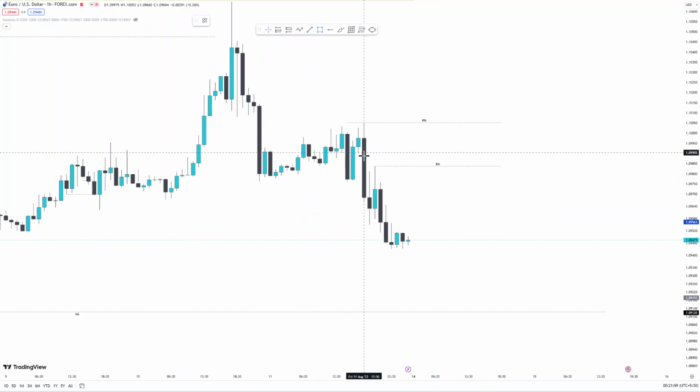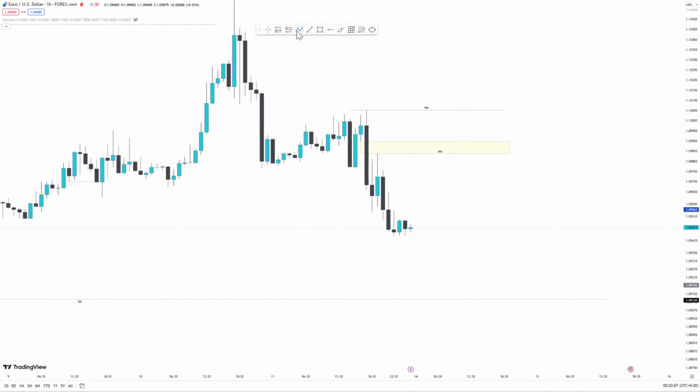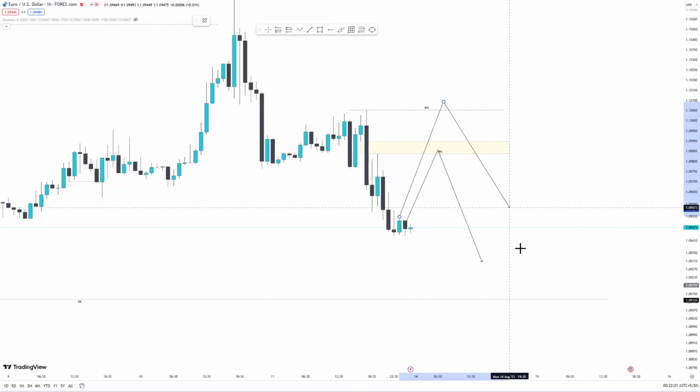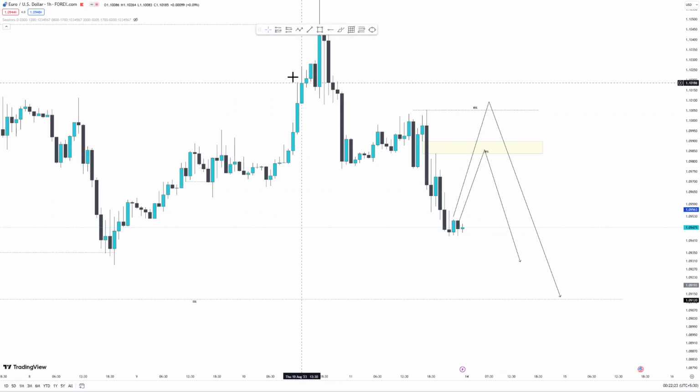We can have multiple scenarios in Euro USD too. Price could come on the higher side and take out this buy side liquidity and react from this FVG and eventually it can fall. Or else price can even move higher and take out this buy side liquidity and can fall. Or price can